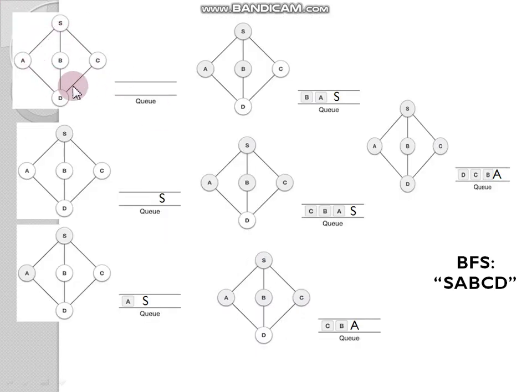So initialize an empty queue. We start our traversal from the root node, which is S. So put it onto the queue. Enqueue it. Enqueue means the process of inserting data into a queue. We then look for an unvisited vertex from S. We have 3 nodes, but alphabetically we choose A, mark it as visited and enqueue it. Queue means first in, first out. Next, the unvisited adjacent vertex from S is B, so mark it as visited and enqueue it.